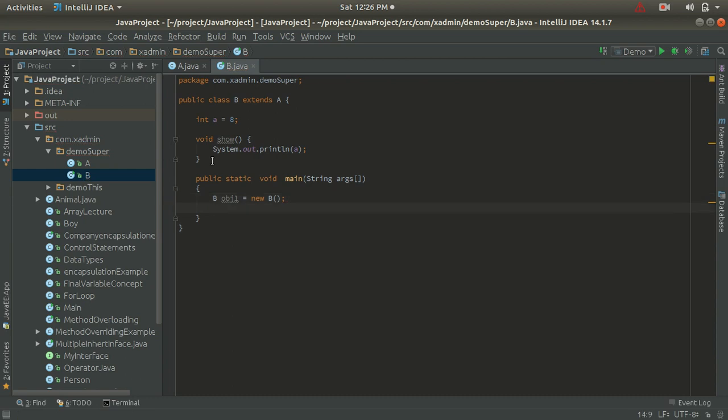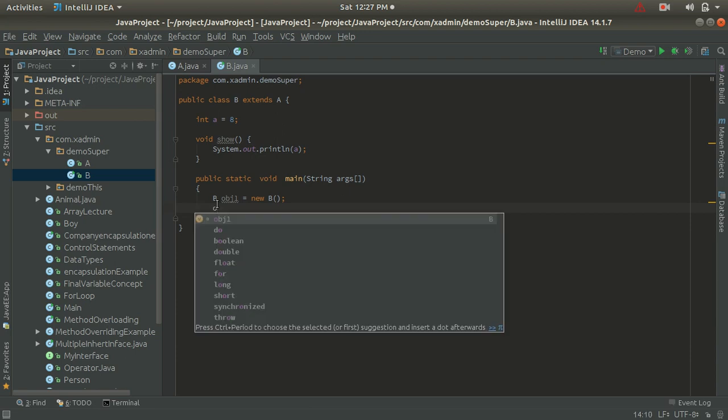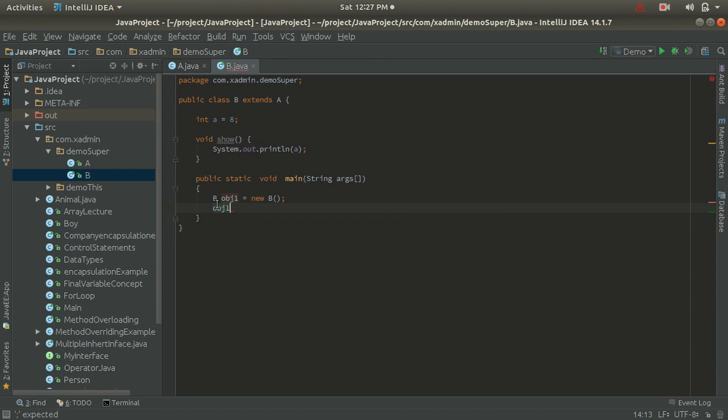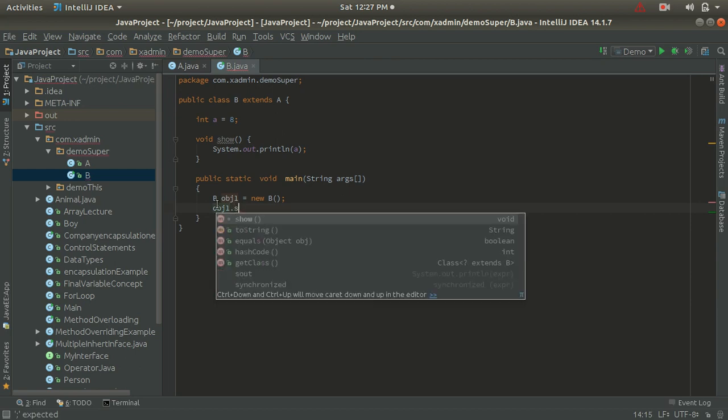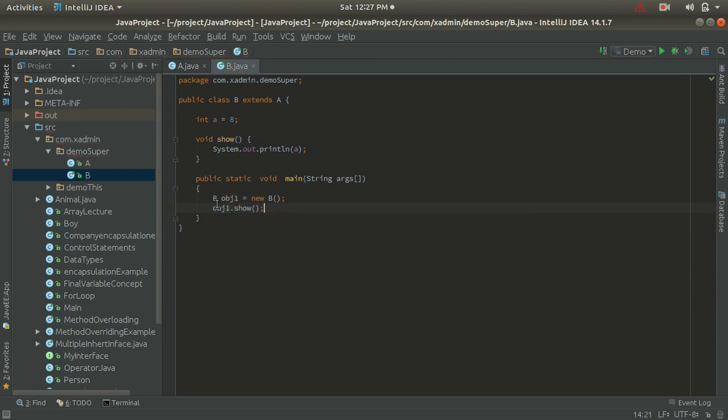So now guys, I am going to call a show method to display the value of the variable A. So let's call a show method for now. So bh1 dot show, okay, and guys, here I am going to pass the value with the show method.